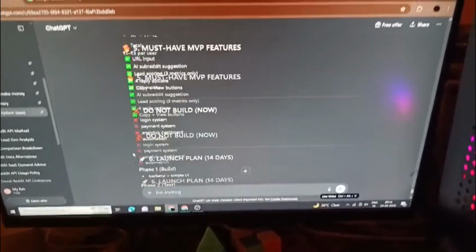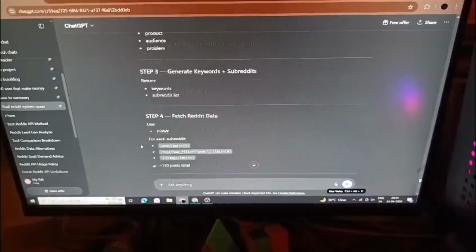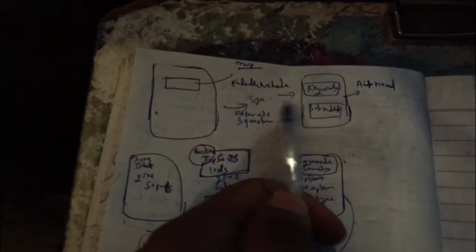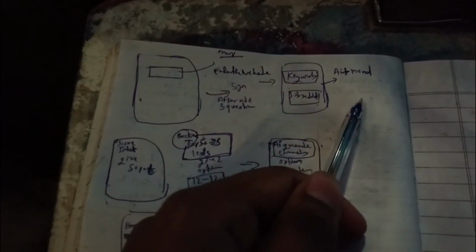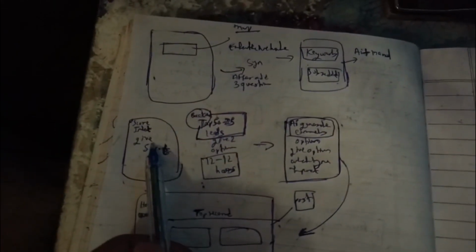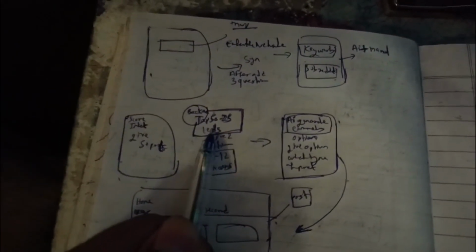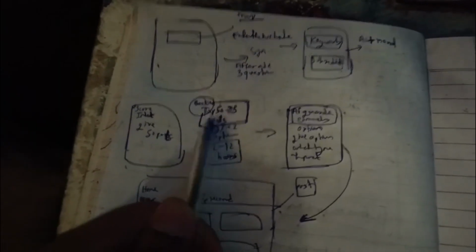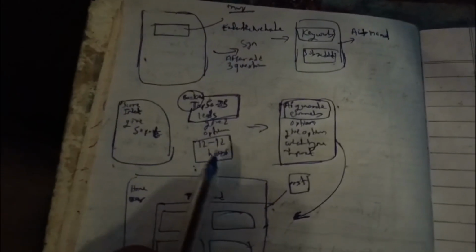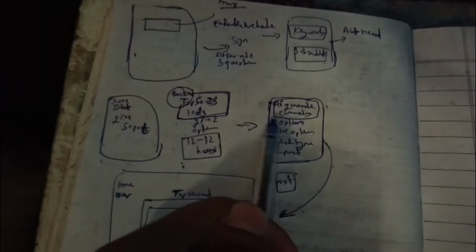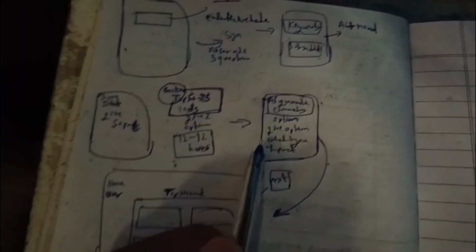So you can see, after a lot of talk about building a final MVP product, I built a structure like this. First I built a structure that doesn't work. So then I went back and built another structure: the user enters the website, keyword plus subreddit, and the AI model works. Then it scrapes the data and gives 50 items. First you get 50 items and scan them, then after 12 hours it gives another 50. Then there are options like AI comment generation, four options, and after that how the post and dashboard look.